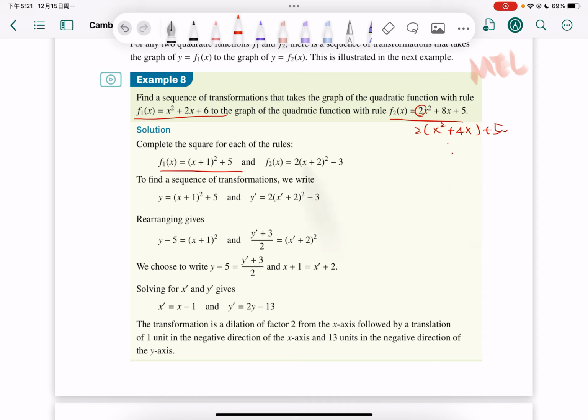Take the 2 out, and (x plus 2) squared minus 3. Okay, so now we have the initial function in terms of the square and the final function in terms of